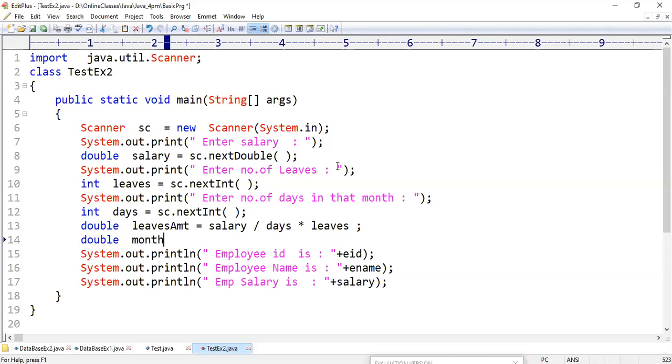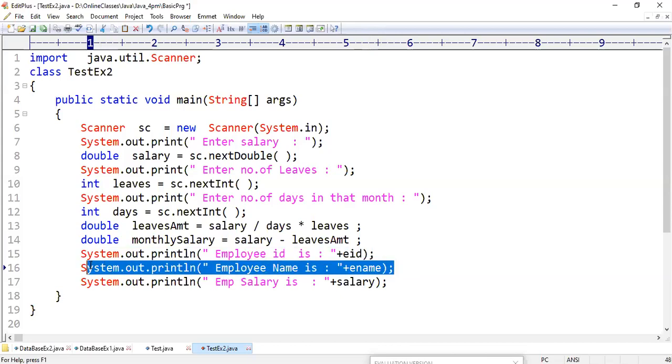double monthlySalary equal to actual salary minus your leaves amount. That's it. From your actual salary, you have to subtract the leaves amount.